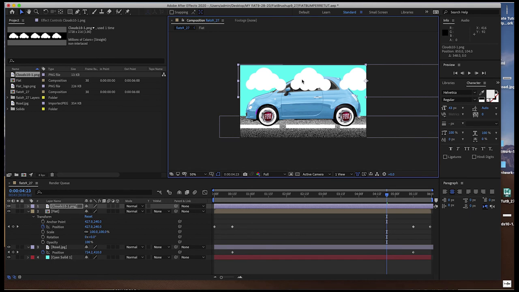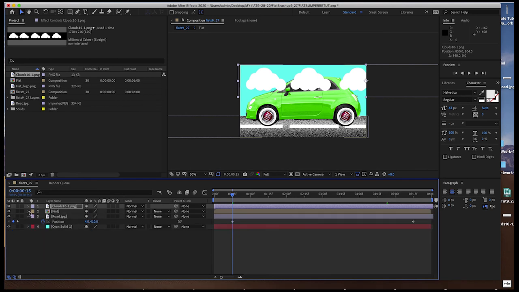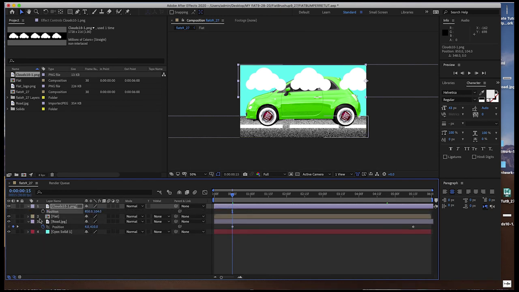Now if we wanted to, rather than have to move those keyframes as we did with the road, we can put our first keyframe at 15 frames for the position of the clouds. So going to 15, with the cloud layer selected, I'll hit P for position, and I'll put the first keyframe in. Now I'm going to go to 515,